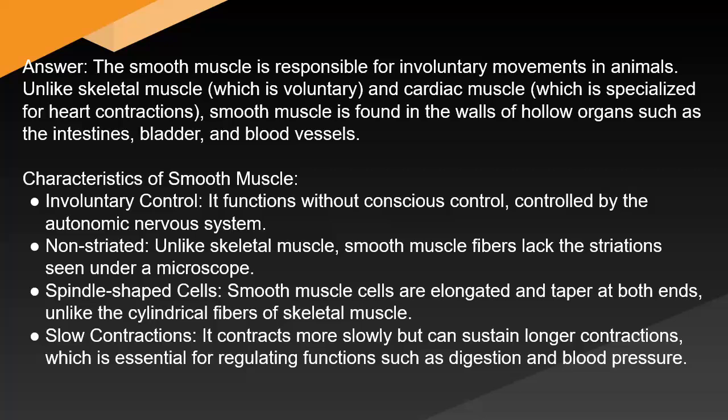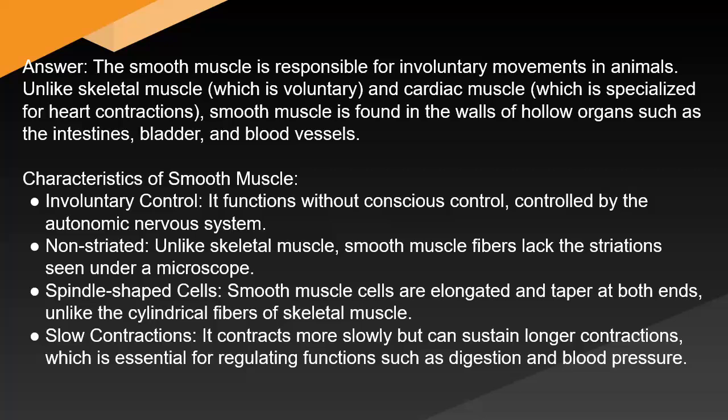Characteristics of smooth muscle: involuntary control. It functions without conscious control, controlled by the autonomic nervous system. Non-striated. Unlike skeletal muscle, smooth muscle fibers lack the striations seen under a microscope. Spindle-shaped cells. Smooth muscle cells are elongated and taper at both ends, unlike the cylindrical fibers of skeletal muscle. Slow contractions. It contracts more slowly but can sustain longer contractions, which is essential for regulating functions such as digestion